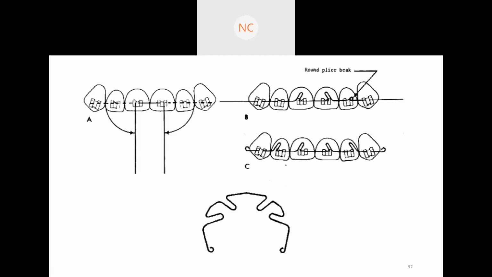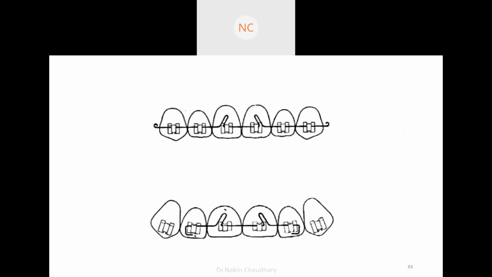So this torquing auxiliary can be modified. In this figure, the four torquing auxiliary bending is done. And the torquing auxiliary can be modified in such a way that when only the central incisor palatal torquing is required, then these vertical loops can be placed only on the central incisor, and when the labial torquing of the lateral incisor is required as well,